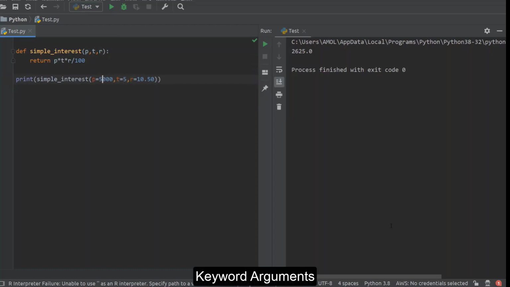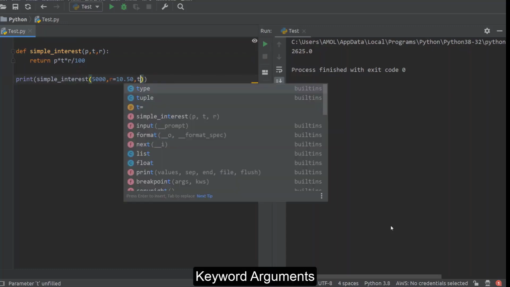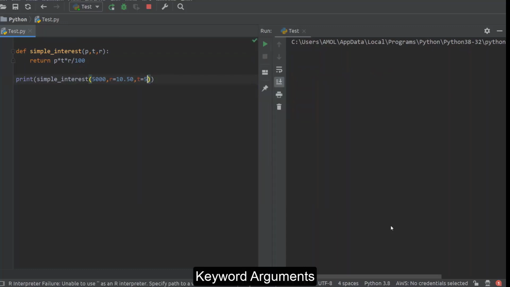Even we can do something like this. Suppose you want to use 2 of these arguments as keyword arguments, and the first argument you want to use in regular fashion, then you can say it like this. This will work. For the first we are not using any keyword name, for the second and third we are using it. No need to keep the sequence, you can even change it. So these 2 will work as keyword arguments, and the first one will work as a normal argument.